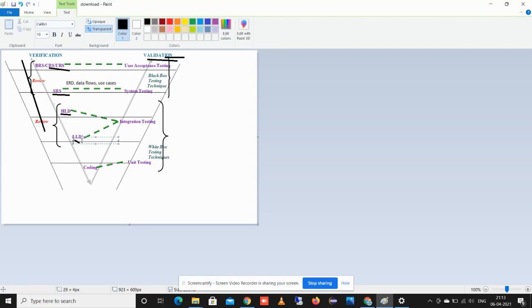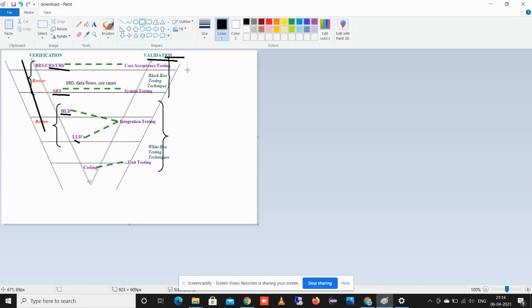For example, normally a full project is divided into some modules, like module 1, module 2, and module 3, where the high level document contains the main modules. HLD contains these modules, and module 1 is further subdivided into two modules.